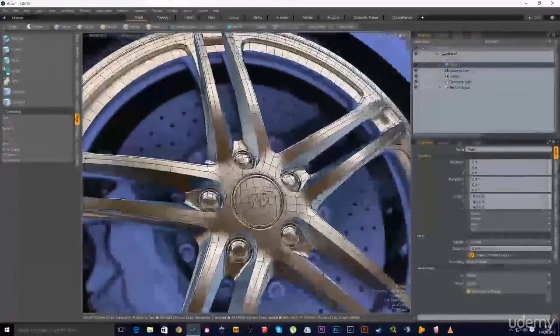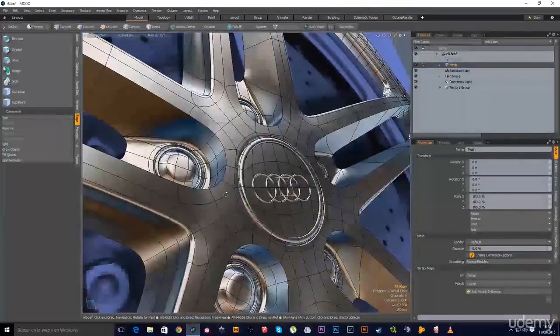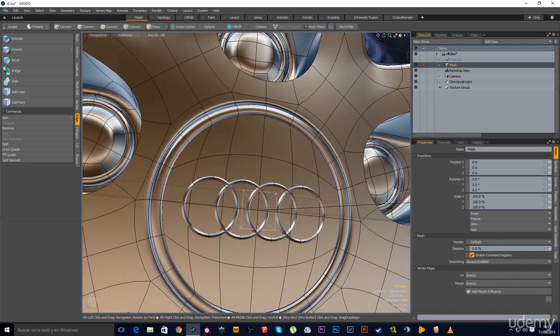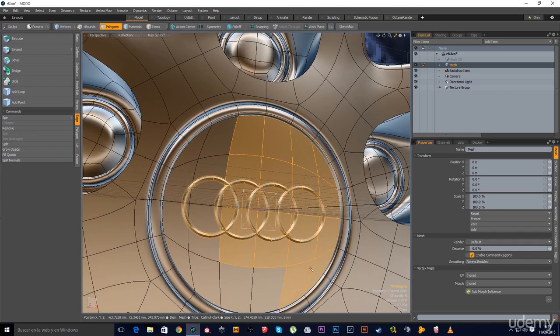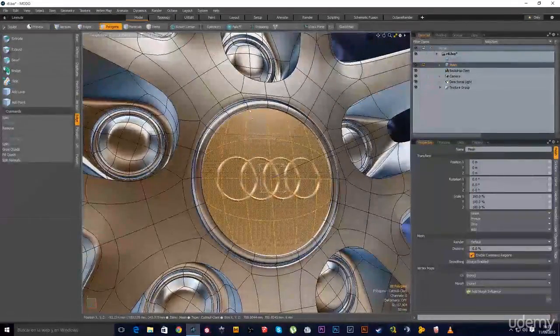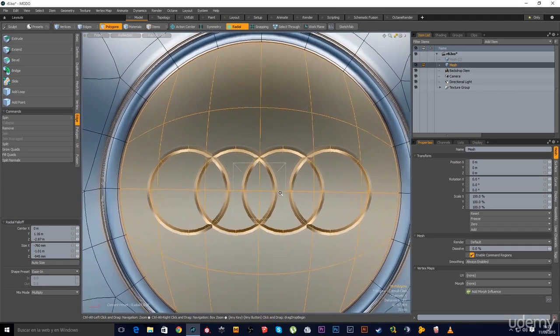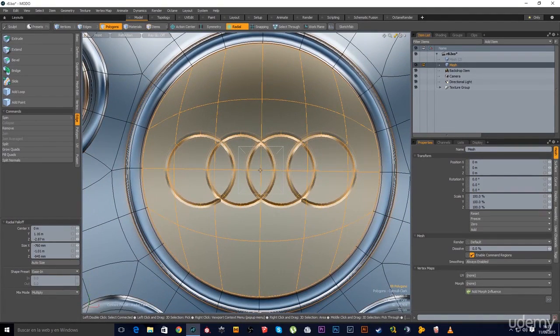And for the last part, I want to make this, as I told you, a bit more roundy. So I'm gonna double click all this and select all these front polys. Okay, and I'm gonna use a fall off. Let me switch to the front view and use the radial fall off from the center, something like this,